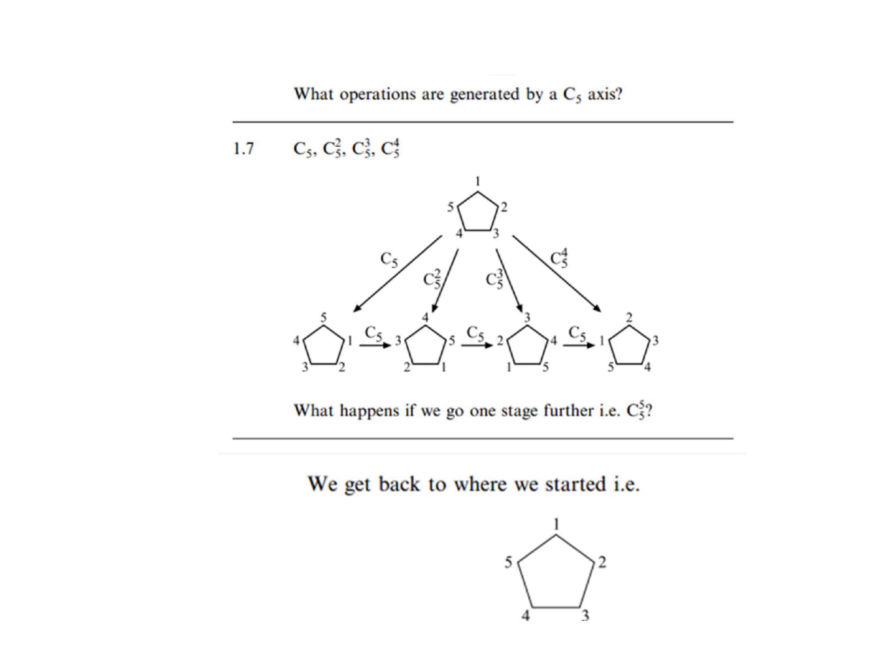We again rotate this molecule, and we can see that the carbon atoms, which have been labeled with numbers on top of them, are moved again. Finally, when we rotate the cyclopentane molecule for the fifth time, the first carbon atom returns to its original position. Thus we can say that if we rotate a molecule which has a C5 principal axis five times, it will show identity. It means that it will return to its original position.